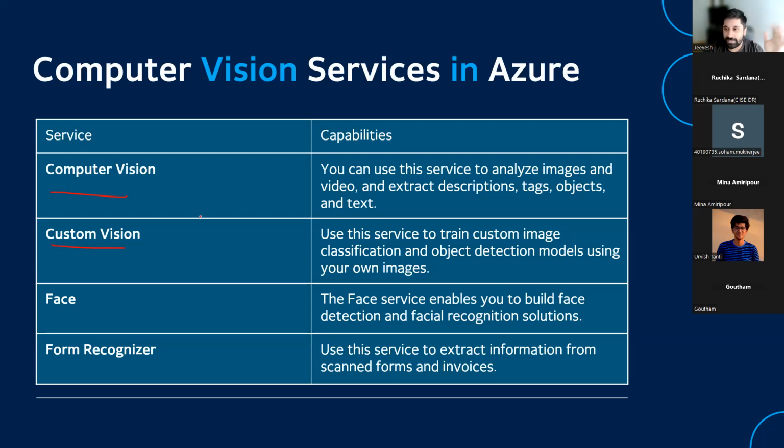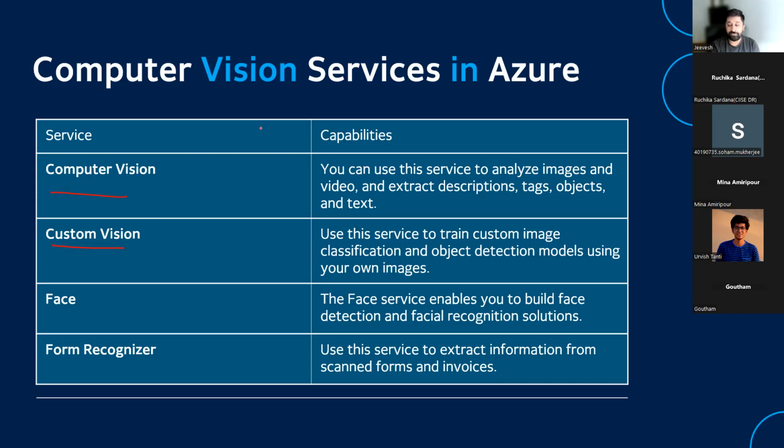Now, whatever we were discussing prior to this were general concepts of AI. And when we talk about computer vision services in Azure, we are talking about specific services. So if you consume the Computer Vision service of Azure, you are using a pre-trained model, which is going to give you a description, which is going to give you tags, which is going to give you some objects, what it could find. If you're using Custom Vision, it is going to give you slightly different information, depending upon how